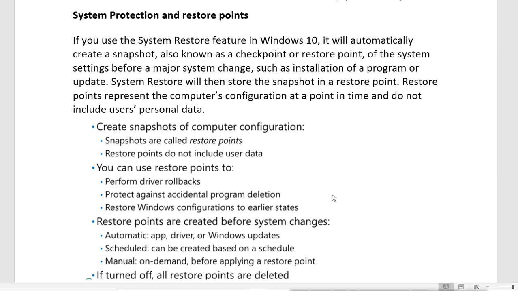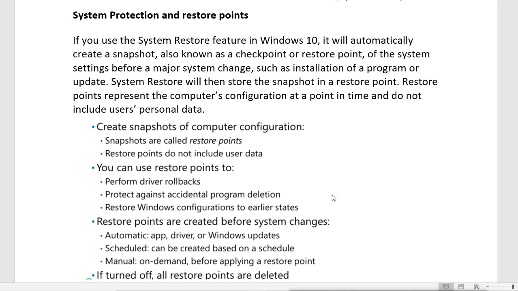So what I can do is create a system restore point before installing those applications or drivers. Now what happens after installation of those applications or drivers? If our system goes corrupt, then we can go back to that previous point. So our system will be at that point.